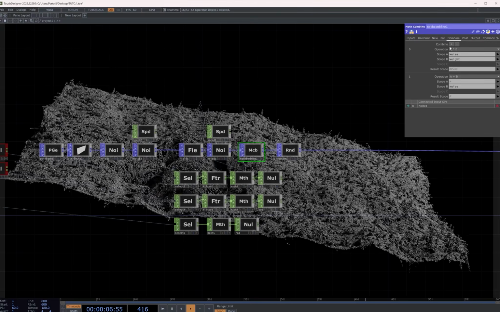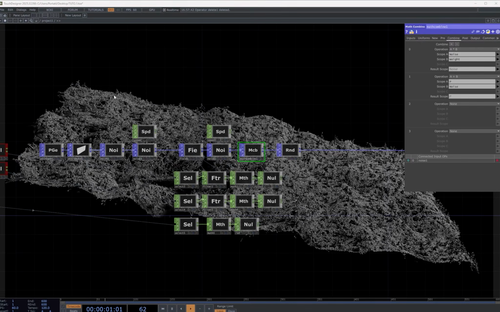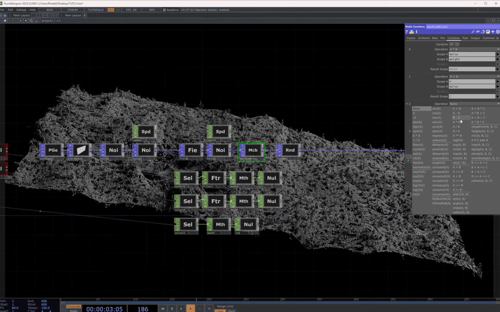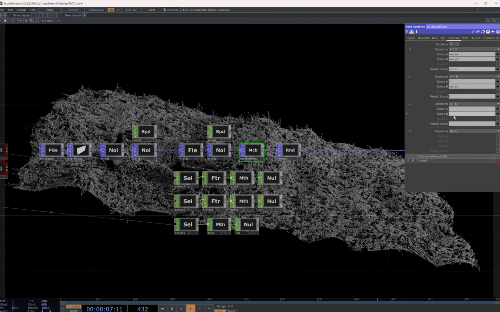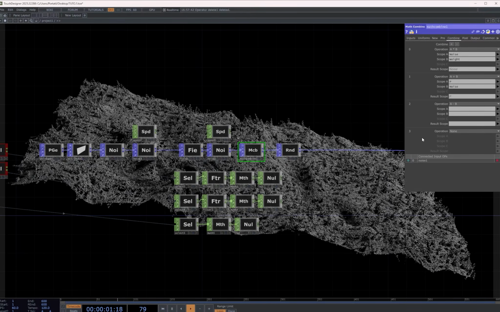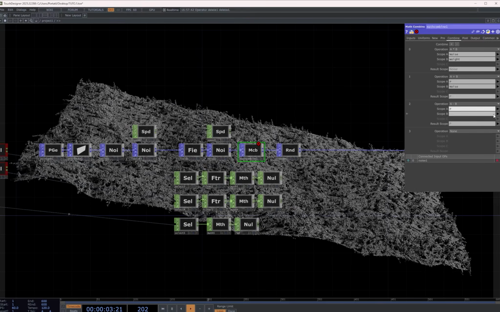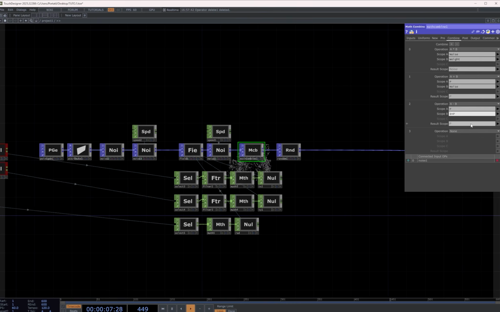So in the math combine here, we are going to add two blocks. The first block is just for calculating the difference between the initial position and the position with the movements. So we put P minus initial P